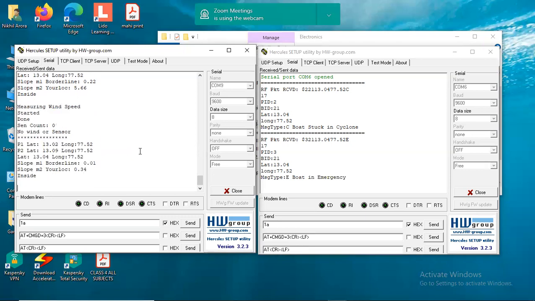No wind sensor and count 2. See, the slope is changing. Your M1 has become 0.01 and M2 is 0.34.